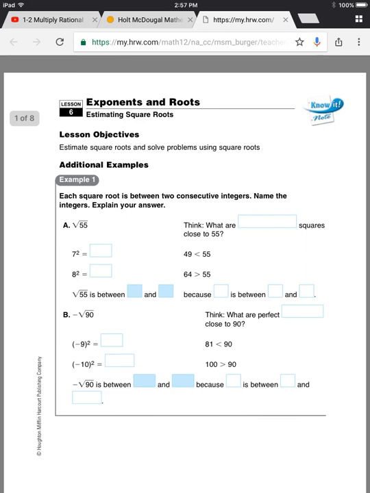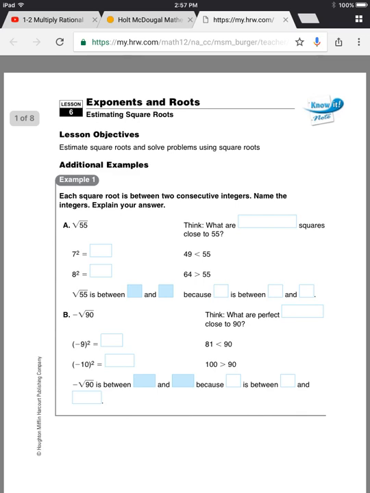Today we are estimating square roots, and if you know me, you know I hate estimating things, but actually square root estimating is a little bit easier than saying, hey, how far is it from here to that tree? I would tell you it's 200 yards and someone would be like, no, it's like 10 feet, because my estimation skills are subpar. So, anyways,